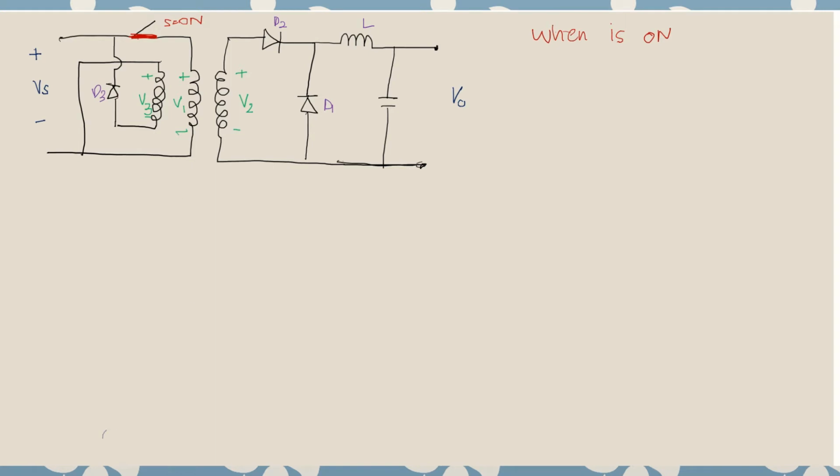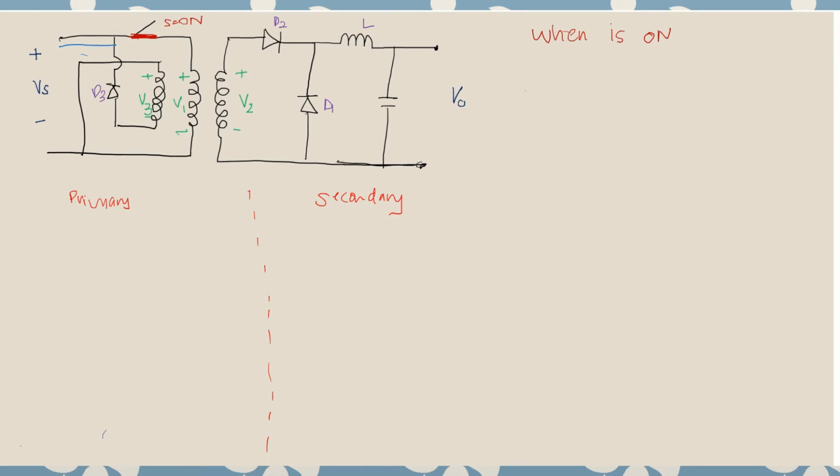So let's solve this problem. When S is on, two things will happen. One at the primary side, and this at the secondary. Let's put a cap. When S is on, first thing, let's use another different color. So when S is on, what will happen here is